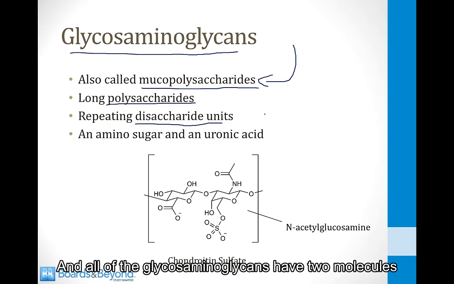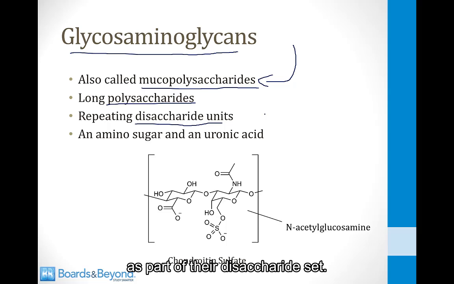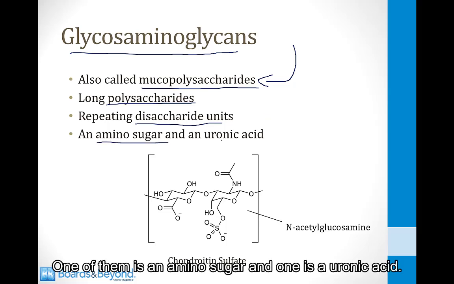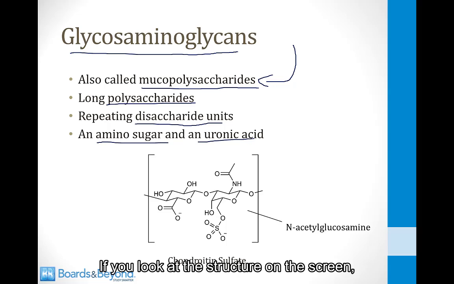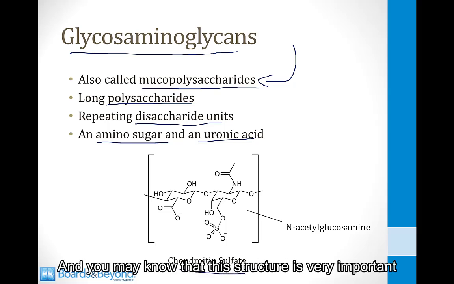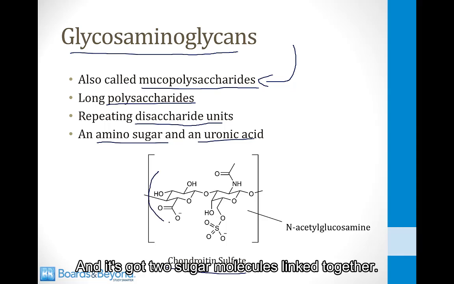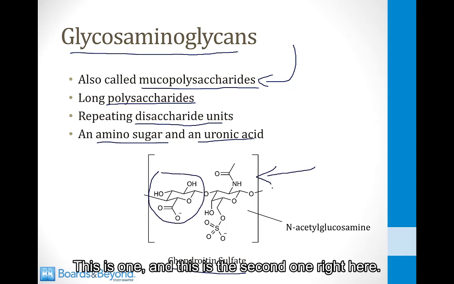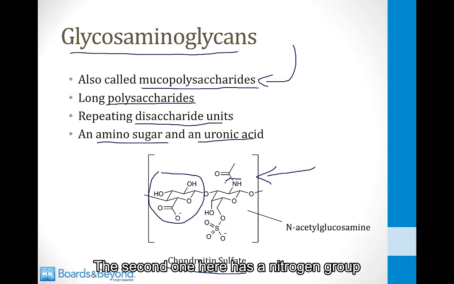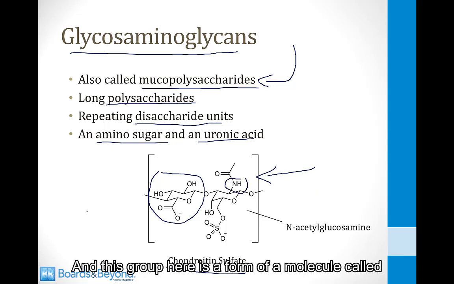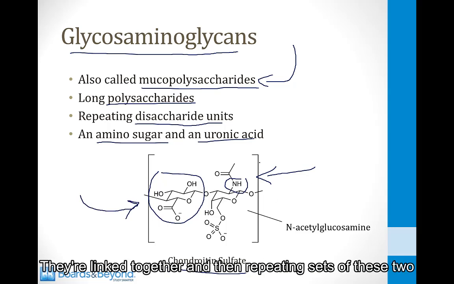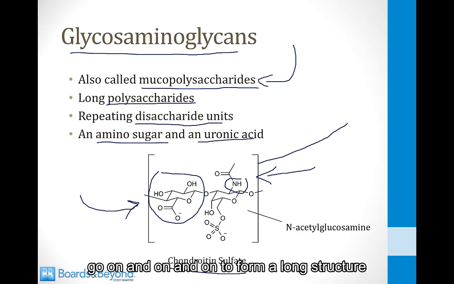And all of the glycosaminoglycans have 2 molecules as part of their disaccharide set. One of them is an amino sugar, and one is a uronic acid. If you look at the structure on the screen, I've shown the structure of chondroitin sulfate, which is a glycosaminoglycan. And you may know that this structure is very important for cartilage and ligaments and tendons. And it's got 2 sugar molecules linked together. This is one, and this is the second one right here. The second one here has a nitrogen group, so it is an amino sugar, and this group here is a form of a molecule called a uronic acid. They're linked together, and then repeating sets of these 2 go on and on and on to form a long